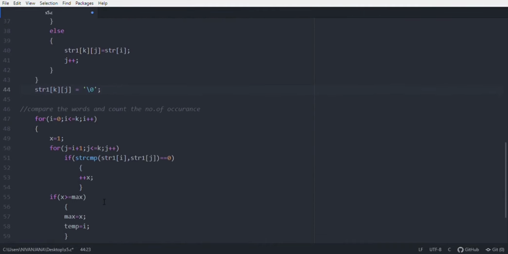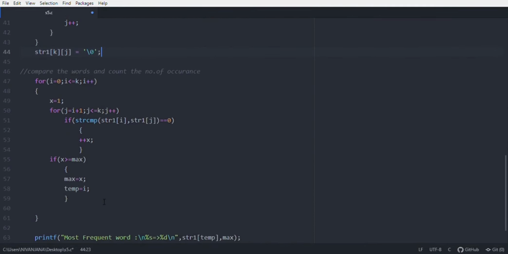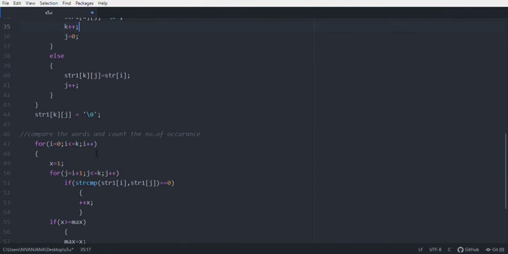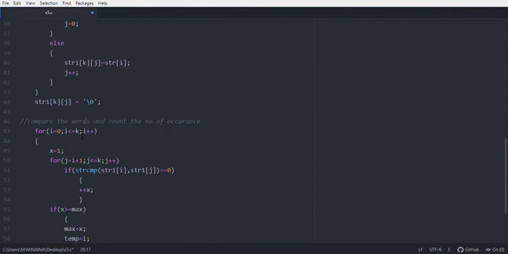And then we have to compare each word to find the number of occurrences of a word. So here is our first loop using i, and we have k as the number of words in the two-dimensional array. So we will check for i less than or equal to k.